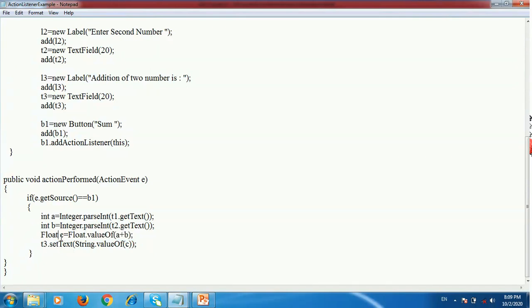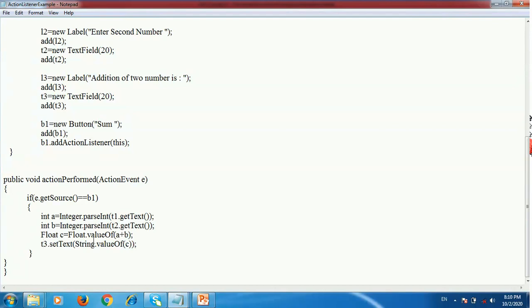After that the c is set to text field 3. So using the setText method, set the text of the text field. Here the addition of the two numbers is first stored into the variable c, and after that using the setText method the variable is passed to text field 3.